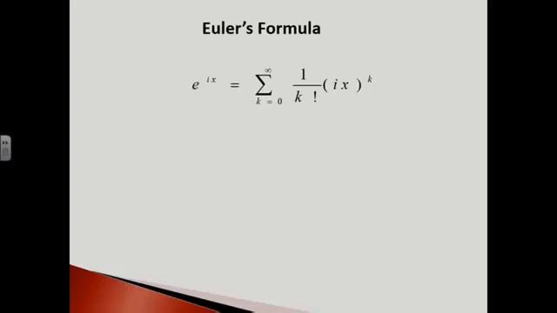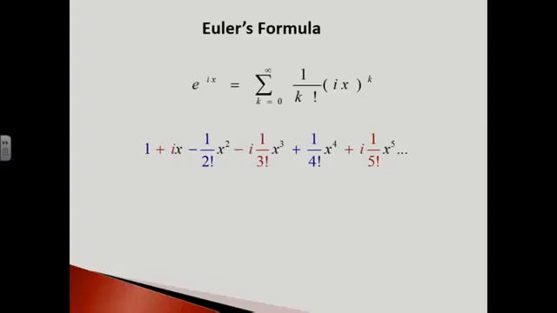By replacing x by ix in the series we have found for exponential of x, we obtain exponential of ix equals sigma k from 0 to infinity of 1 over k factorial multiplied by ix to the power of k. Using the fact that i squared equals minus 1, this series is written term by term as